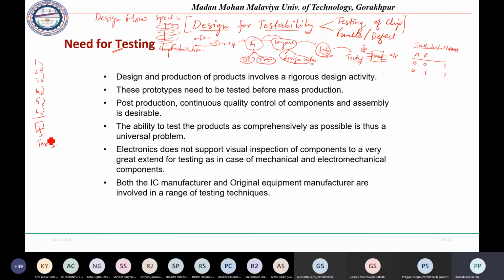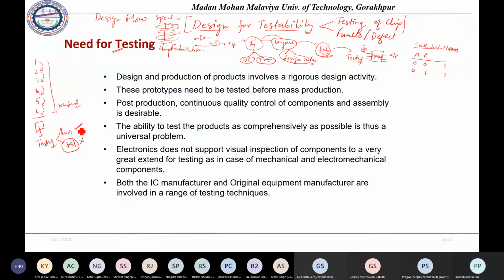So this testing can have two results, either pass or fail. After following all the 6 steps, whatever chip we have got, after testing, suppose it passes, then it is good, because whatever specification we have taken for designing is met. But suppose it fails. After following all the steps, we have got a chip that is failing our specification. That means it is of no use, and all the steps that we have followed just get wasted.